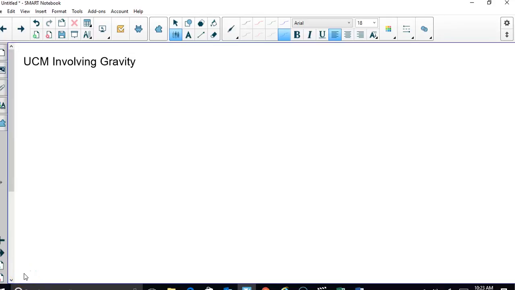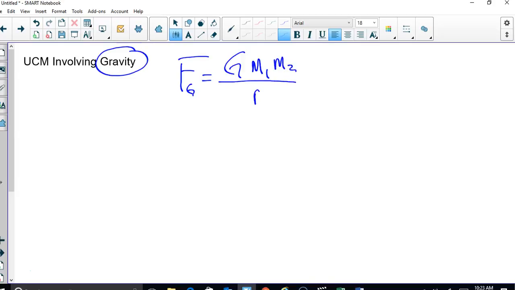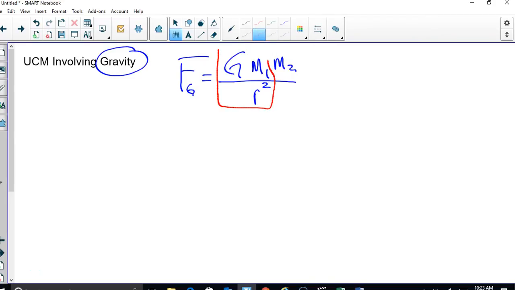So way back at the start of the course, we talked about gravity. The equation for the force of gravity is G times mass 1 times mass 2 divided by the distance between the two masses squared. Of course, what we realize is that on Earth we could figure out that this is just g, using the mass of the Earth and the radius of the Earth. Those constants actually come out to be g, and that's how the force of gravity, which we also call weight,